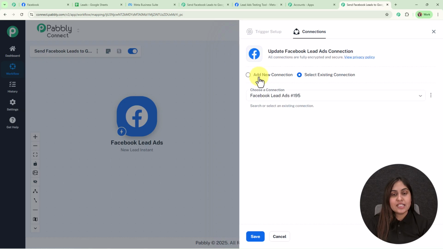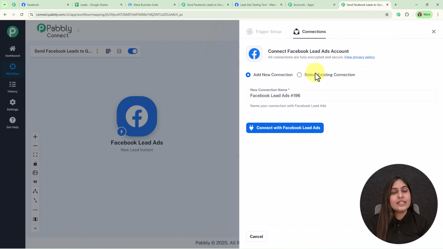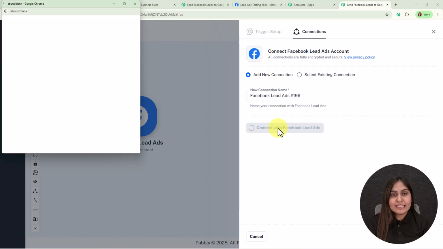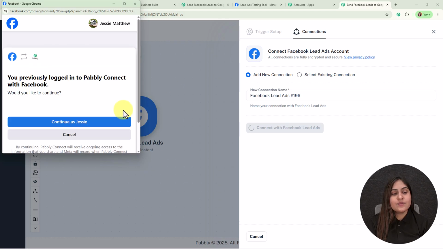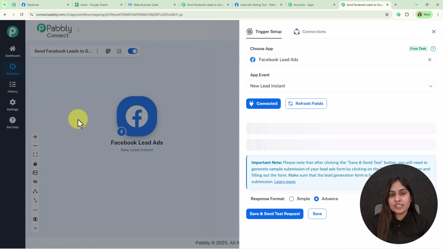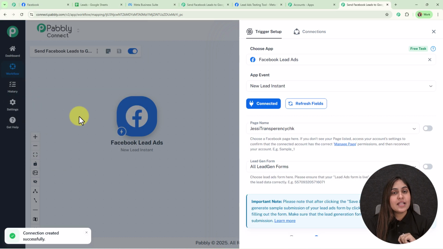Here to build a new connection, we are going to select Add a New Connection. If your account is already connected with Pabbly Connect, then you can click on Select Existing Connection. Now to build a new connection, we are going to click on this Connect with Facebook Lead Ads. Now it is asking us for the access, so I'm going to give access to Pabbly as your data is secured with Pabbly. And here it easily got connected because I was already logged into my Facebook account